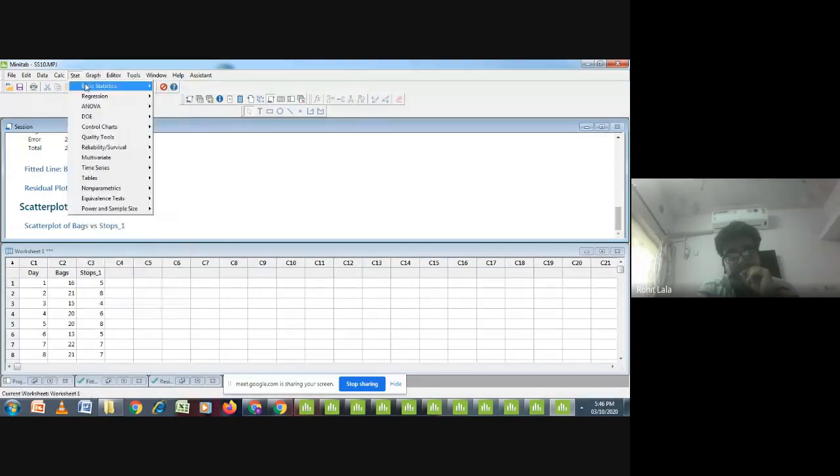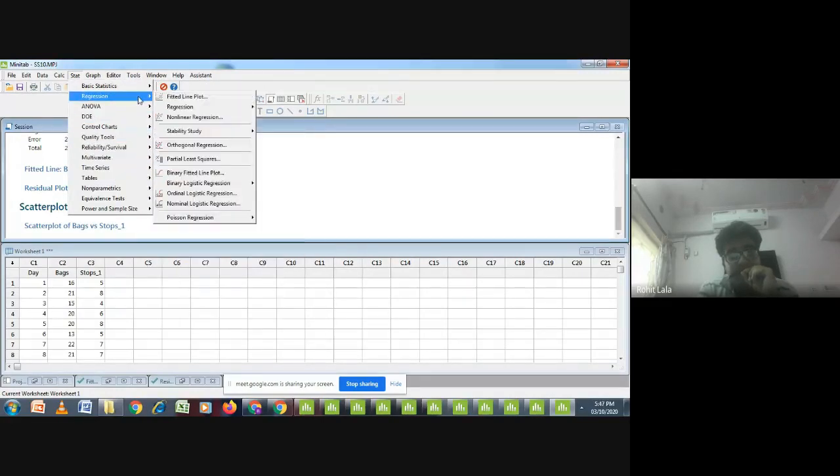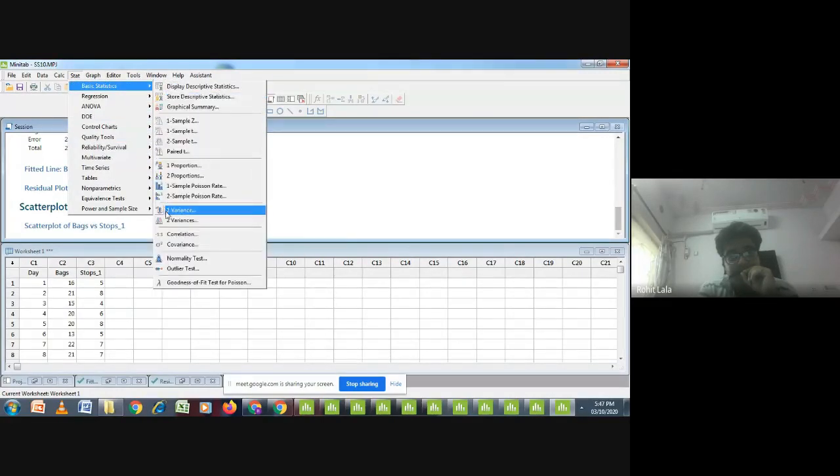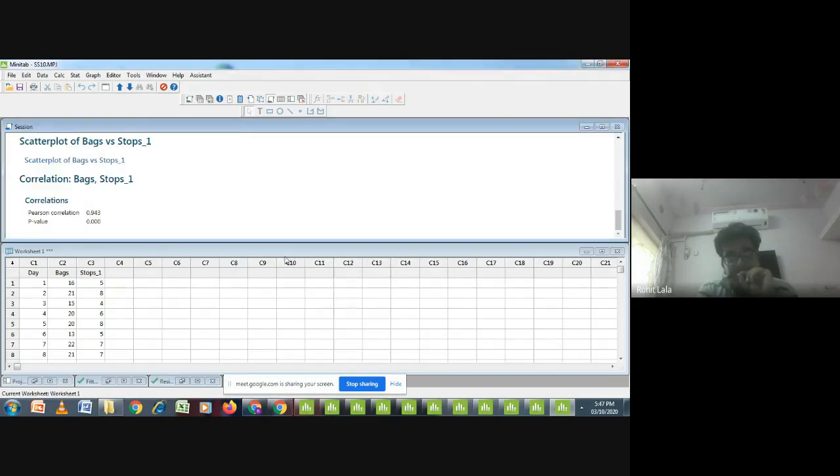We can find out correlation very easily by clicking on basic statistics, going towards correlation, and entering both the data. Obviously select Pearson correlation, never select rank correlation. When you find out, yes, there is a correlation, that shows positive correlation. Now, suppose I want to find out a regression between them.